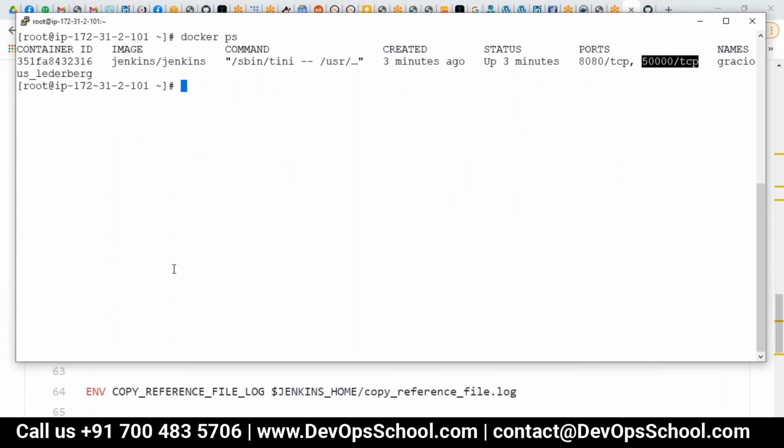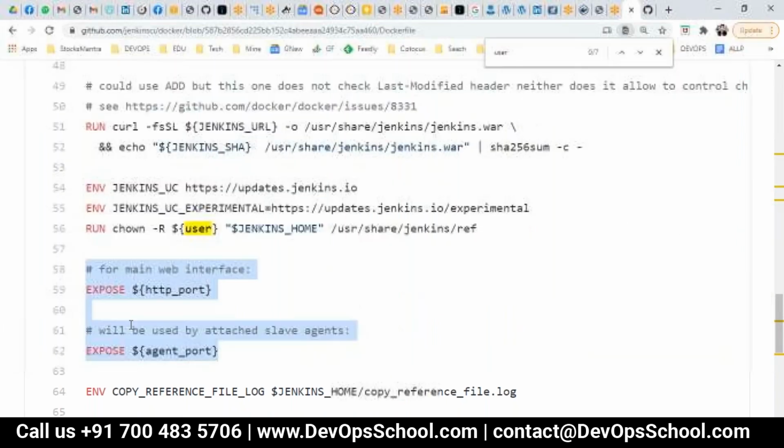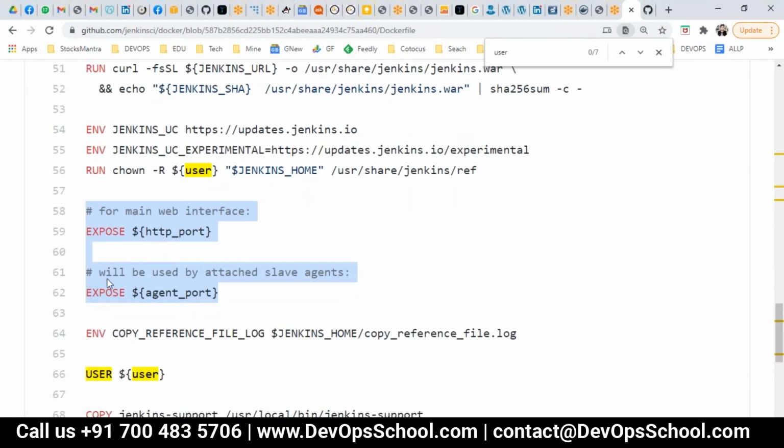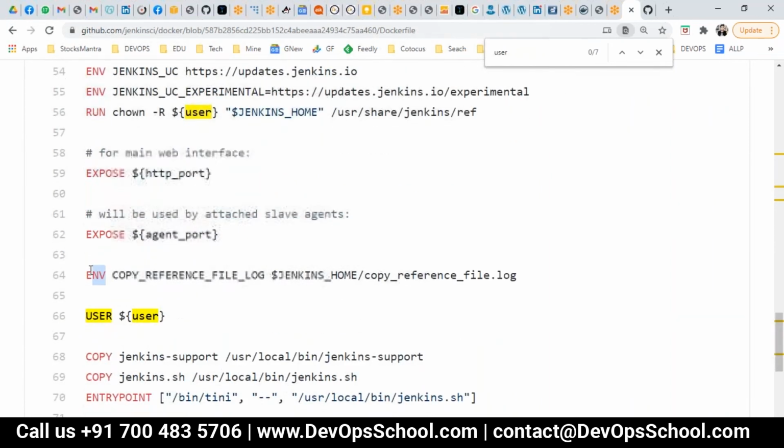Let's say I am developing one application called XYZ. How do you know which ports I'm exposing? So here developers will put this information. This will be used for informational purposes. By the way, using -p also, this can be used internally. Okay, so this will not impact the application, it is informational. Okay, environment, now you see here, would anyone like to tell me, the Jenkins container is running with which user? Anyone remember?